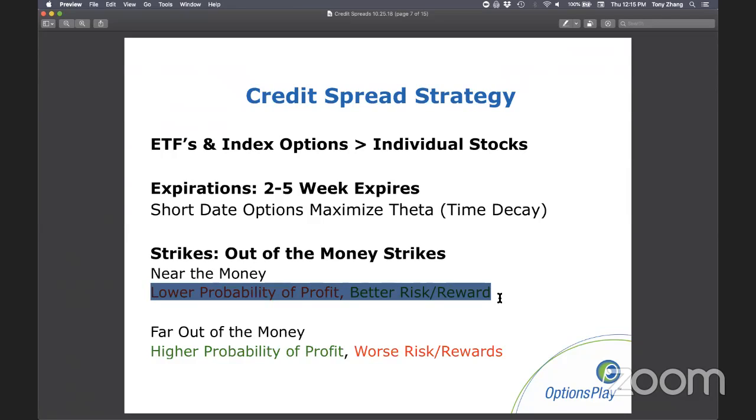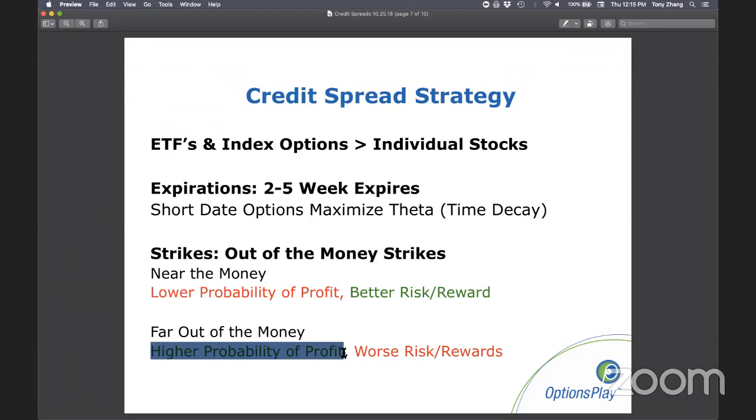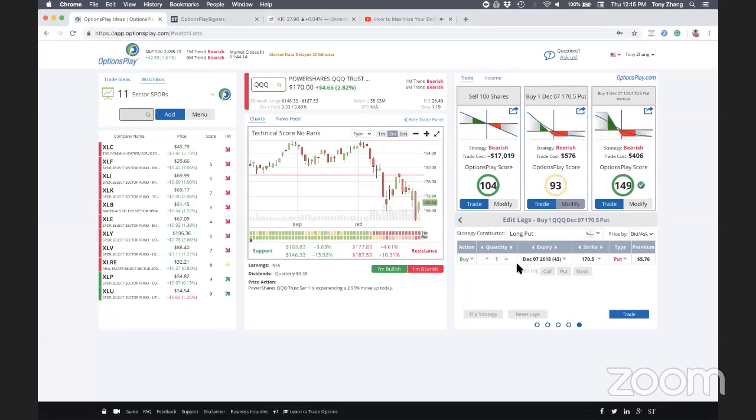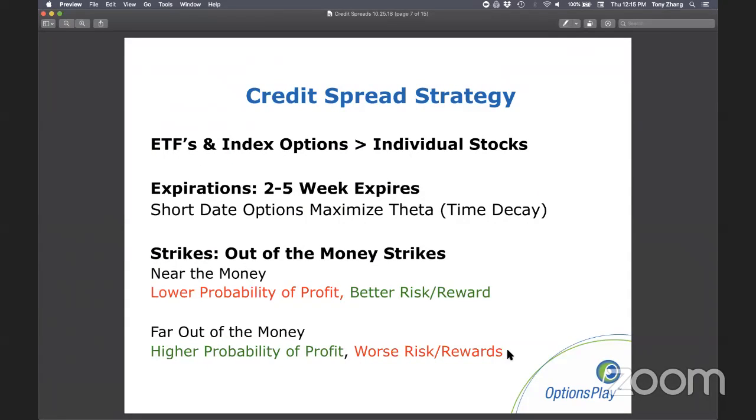Some of you that sell credit spreads like to sell credit spreads that are really far out of the money. What this does is give you a very high probability of profit. I think this is why a lot of people sell very far out of the money credit spreads, because many times this will have 90, 95, even 98% probability of profit. And that, generally speaking, sounds really good. However, the trade-off with that is that you're going to get extremely worse risk to reward ratios. There's nothing wrong with that. It's just that as long as you understand that trade-off, that's the important thing.